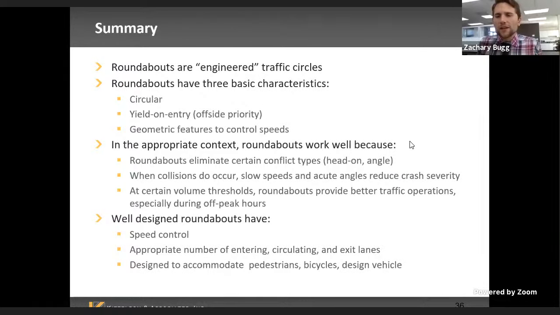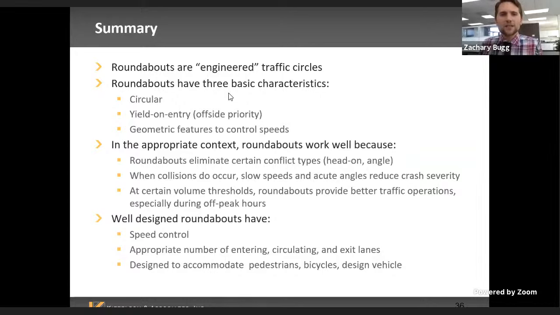So in summary, I know I've gone through a lot of the design details here, in addition to some of the conceptual points. Hopefully this puts you on the right foot to, one day, be able to assess whether a roundabout might be a good solution, definitely knowing that it's in your toolbox. And for those of you that end up in the design world, hopefully this is a very brief introduction to some of the performance measures and the different performance checks that you would do at a roundabout.